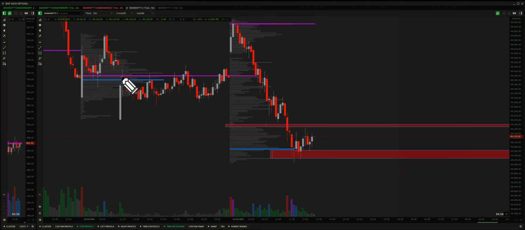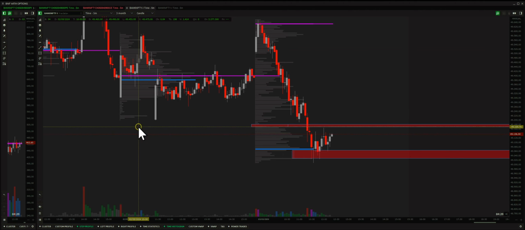So this is called the point of control. Wherever the maximum volume is transacted, which you can see in magenta color, it's called POC, or point of control. And what you have on Quantower is another blue line, which is called the secondary POC. That is the place where the volume transacted second from the highest. That is, the highest is magenta and the second highest is blue in color. So these two places are over,